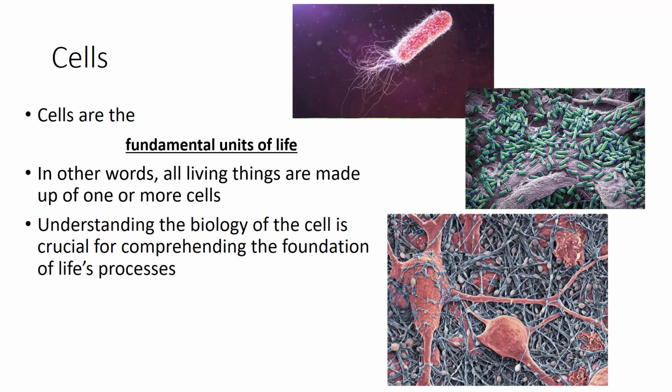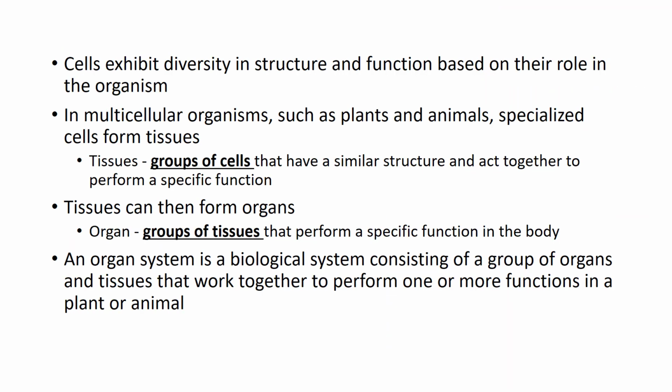But all living things are made up of at least one cell, and one is the minimum. However, complex life forms like you and I will have literally tens of trillions, with a T, trillions of cells. So the spectrum of life would be at least one cell up into the trillions of cells for a single species. So part of biology really focuses on the cell, given that it's this fundamental unit of life.